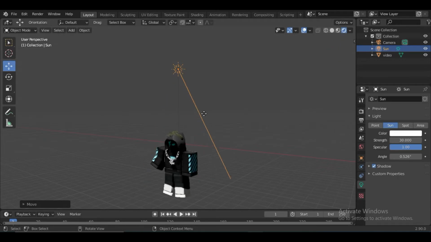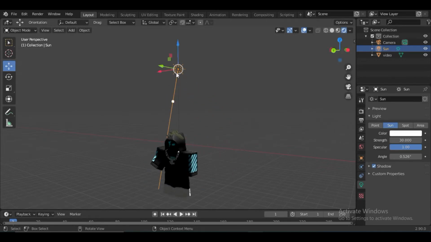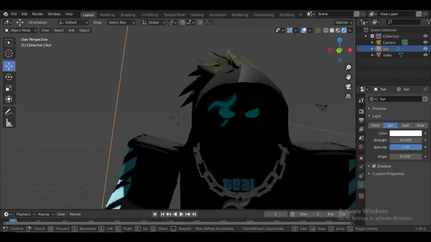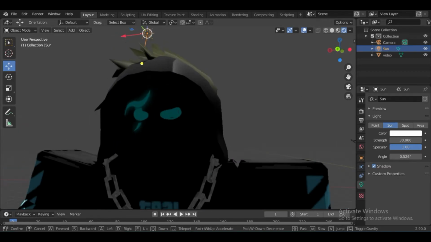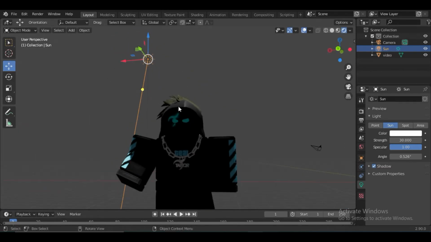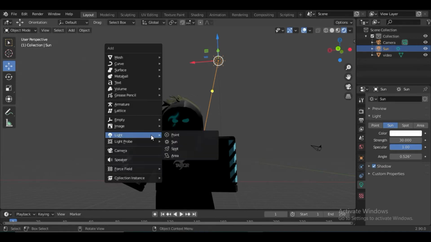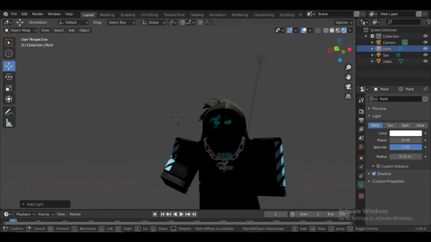Now I'm gonna put the lighting somewhere. Okay, I'm just gonna position it real quick. Okay, yep, that looks cool. So right now we are going for a dark theme, because his avatar is dark, so this little dark theme would suit it. So now his face is fully dark, so if you want to add a little lighting over there, you can click Shift A, light, and add a little point light over here.